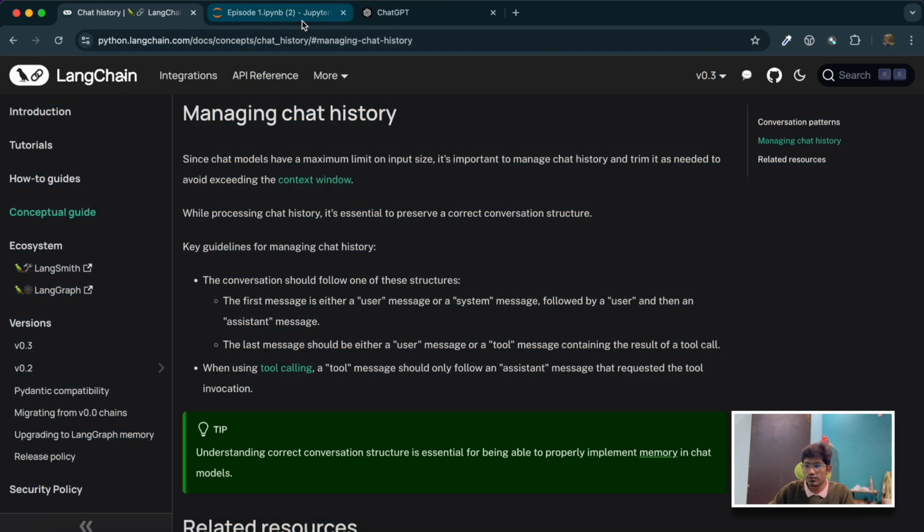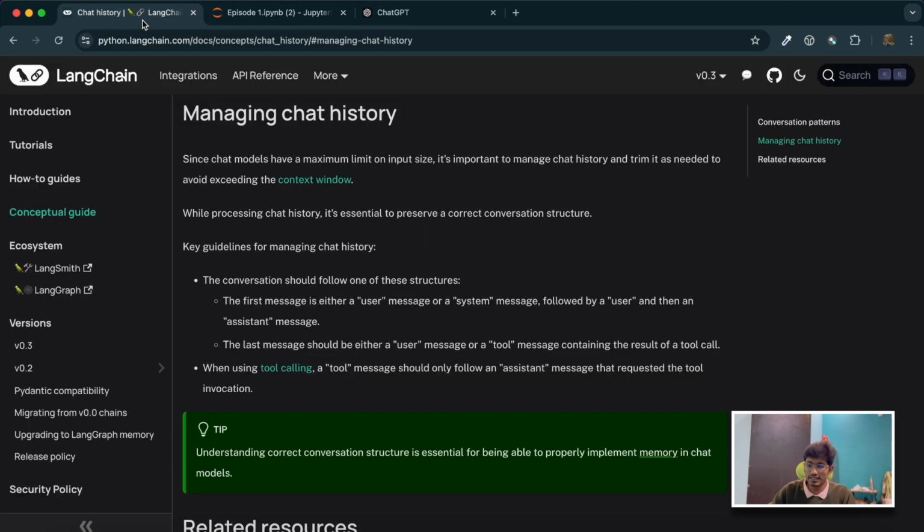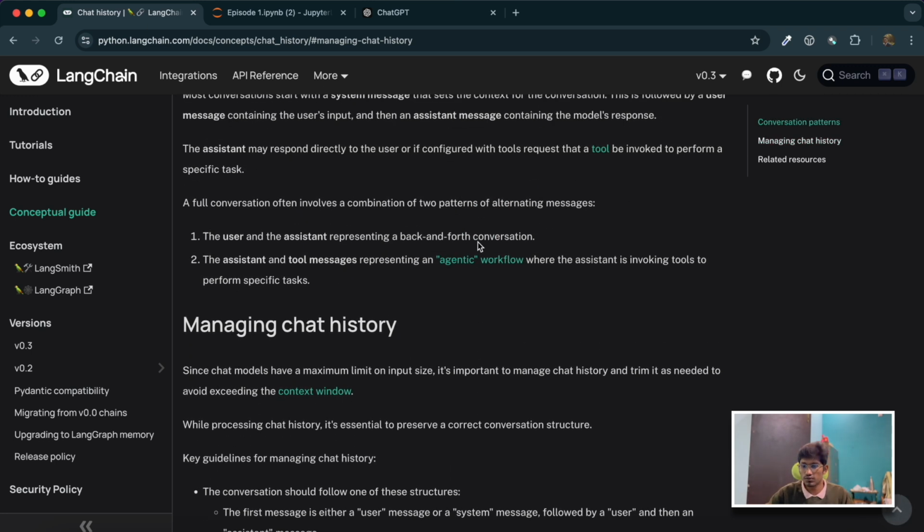So it's important for you to decide what the length of your chat history should be. Based on your use case, you have to define the maximum length it can go, I mean the maximum chunk size or the length of the chat history that you want to preserve,